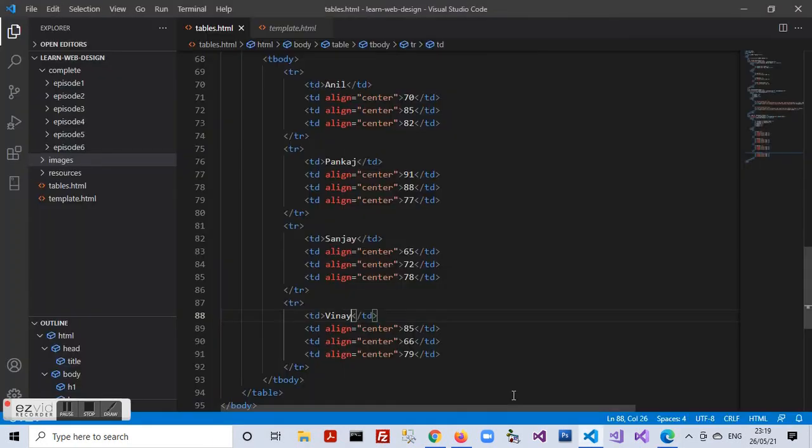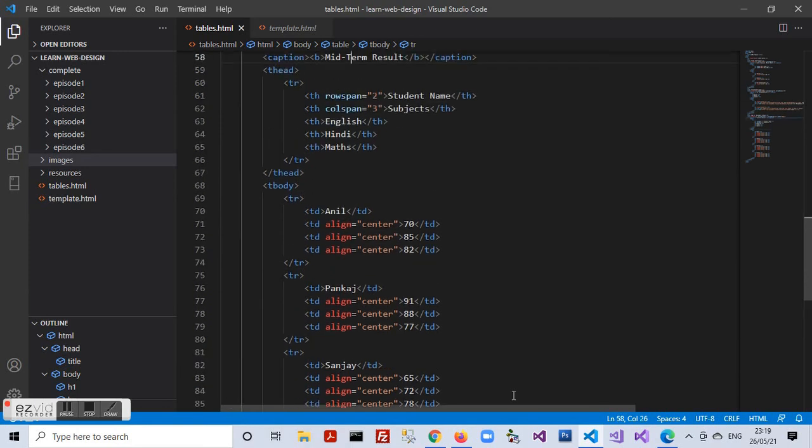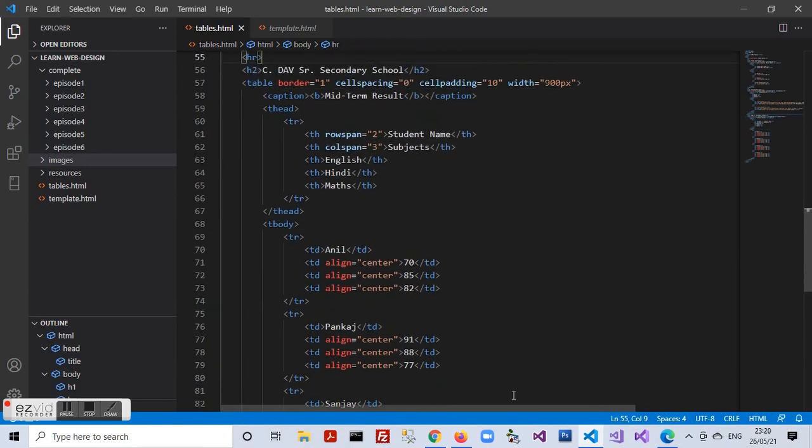Subjects. Table heading row span equal to 2 and table heading column span equal to 3.